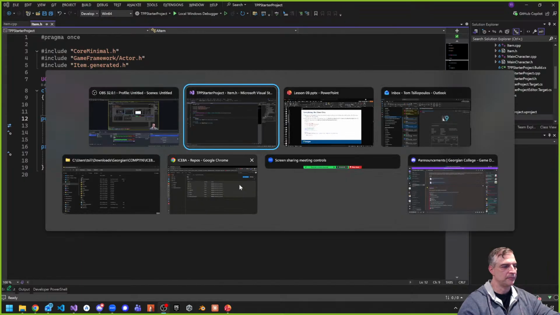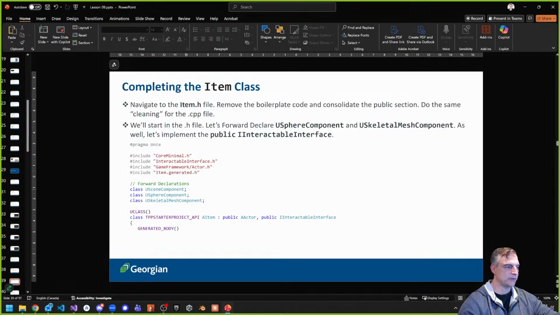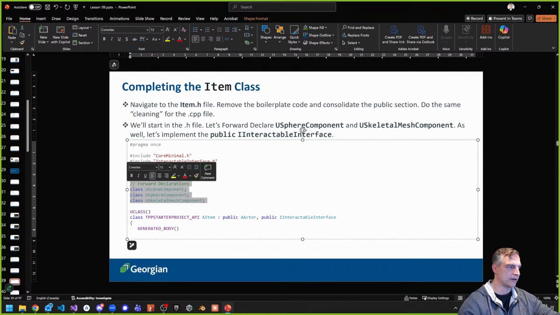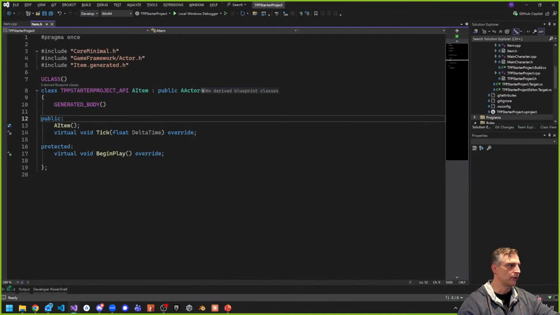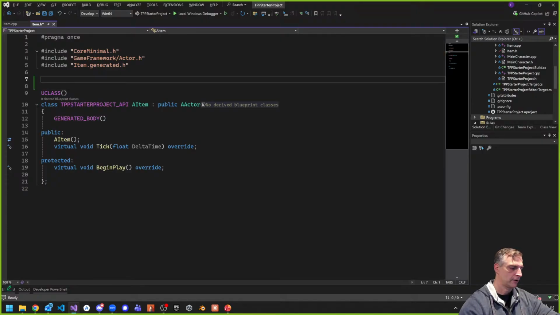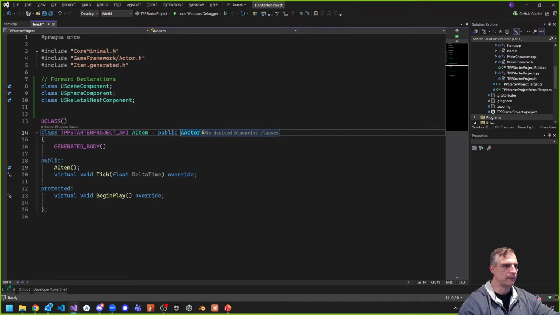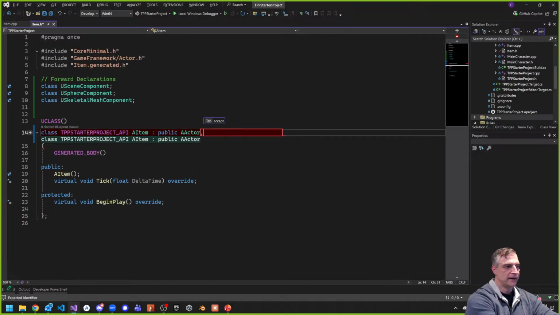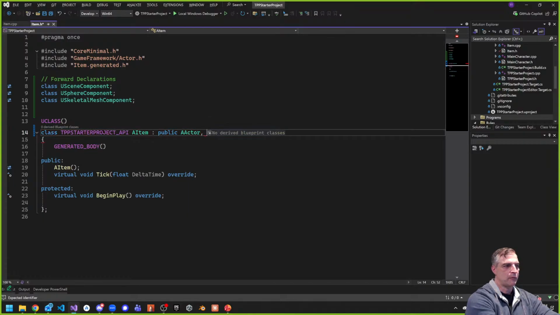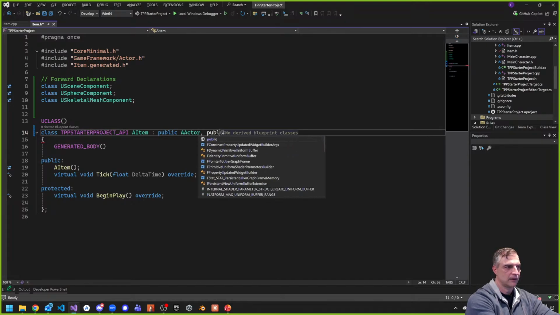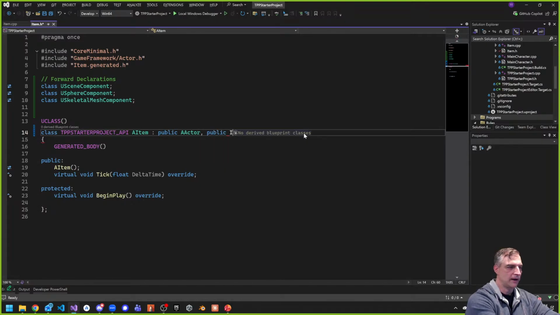So in item, going back to this, what we want to do is a couple things. One, some forward declarations are right here, so we'll put those at the top. We're going to use some of these classes, right? And the other thing is we're going to implement our new interactable interface. The way to do that is put a comma after the inherited class. Our inherited class is AActor, right? That's what the A stands for. And we're going to inherit public, it must be public there,